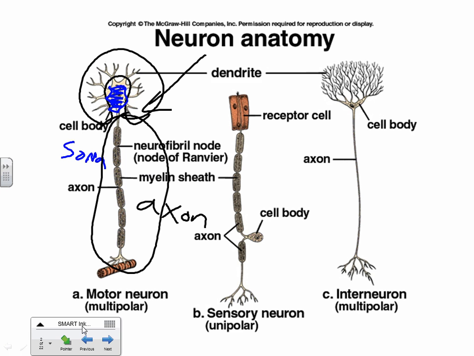But remember that myelin sheath has these little gaps in it. My marker's off a little bit, but you can see what I'm going for here. Those little gaps are called nodes. The action potential, the nerve impulse, will actually jump from node to node to node, right? And why would it want to do that? Makes it go fast. Instead of having to go through the whole thing, it jumps. And that makes the process of conduction a whole lot faster.